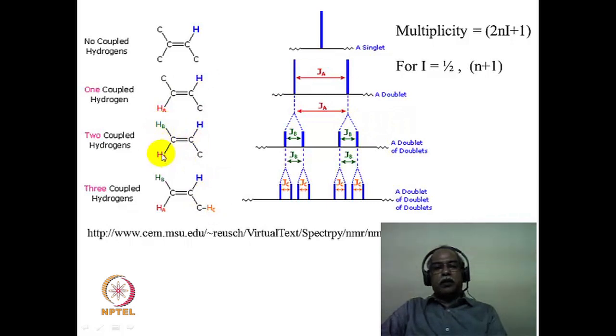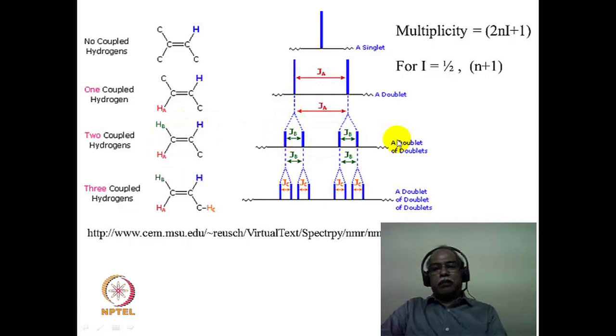Suppose there are two different types of hydrogens, one is a cis hydrogen and another one is a trans hydrogen. The trans hydrogen can couple with this to make it into a doublet, and the cis hydrogen, which is geometrically different from the trans hydrogen, will also couple with this, but the coupling constant will be different. We will look into the parameter that affects the coupling constant in a minute. For the time being, assume that this coupling is different from this coupling. So originally the line is split into two. Initially you have a singlet with no coupling. With only one coupling partner you have a doublet, and with two coupling partners you have a